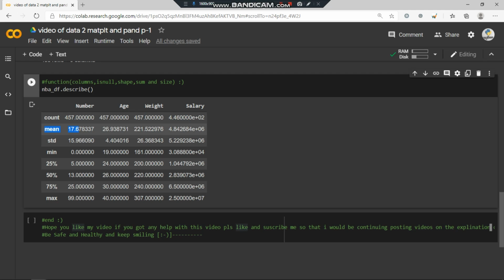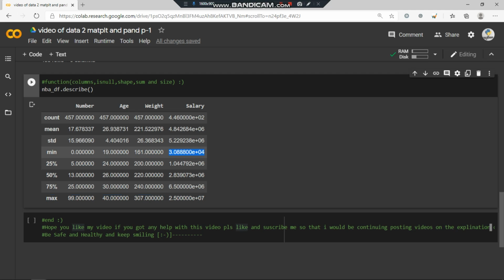And the mean is the middle value of the list, array or data frame, and std is the standard deviation, which tells us the standard of it, and min and max are the minimum and maximum values.